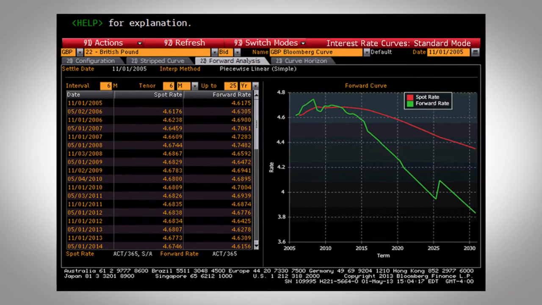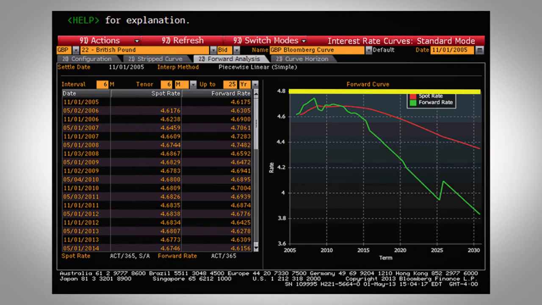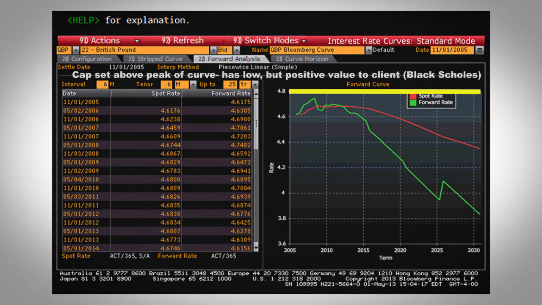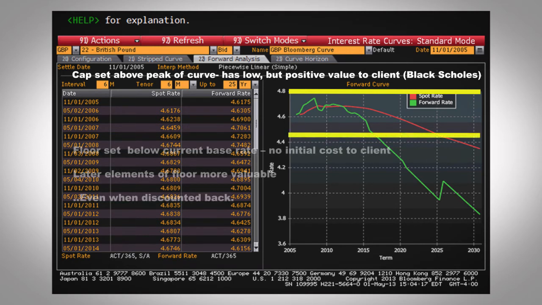To keep the initial costs down, the bank pushed all the risk towards the end of the contract in order to make the contract easier to sell. So it's like a vicious circle. Yes, and the SMEs were forced more and more into the hands of the banks. In reality, it's the opposite of insurance. Yes. Instead of paying a premium to avoid future risk effects, the bank slips you a contract that seems innocuous, but is designed to expose you to risk for money that they were paid. The cash flows are expected to get worse and worse.